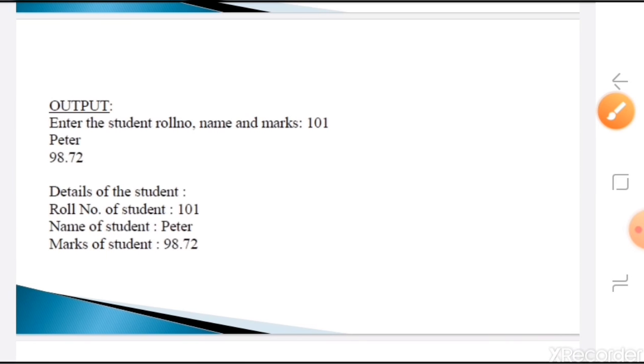Here it is asking for three things: roll number, we entered 101, Peter as the name, then 98.72 as a float value.